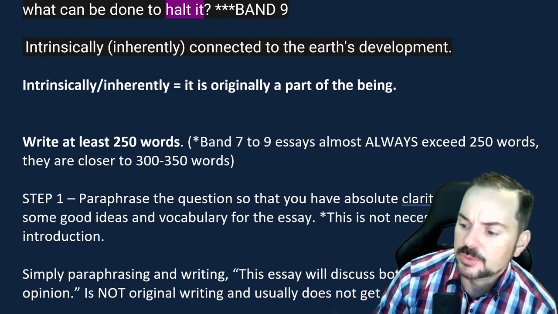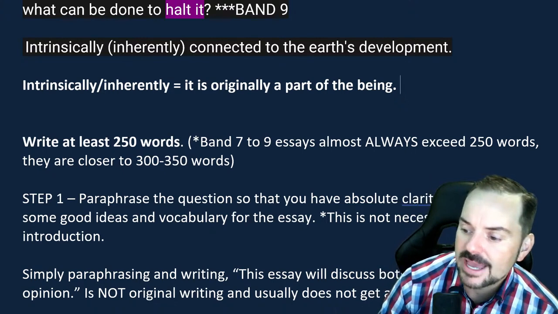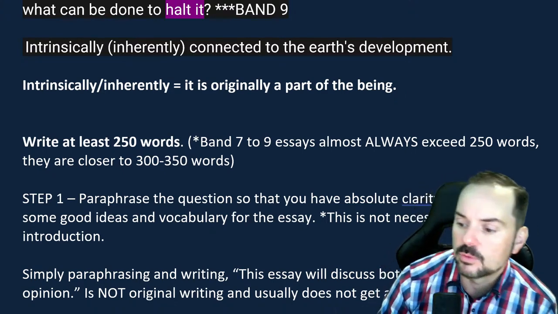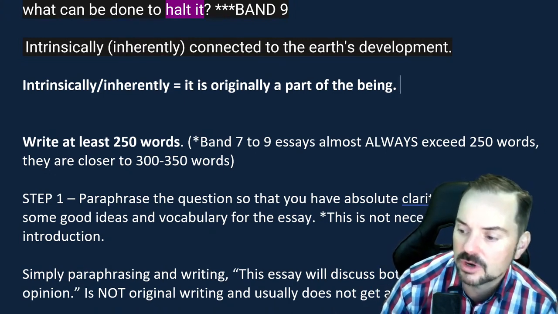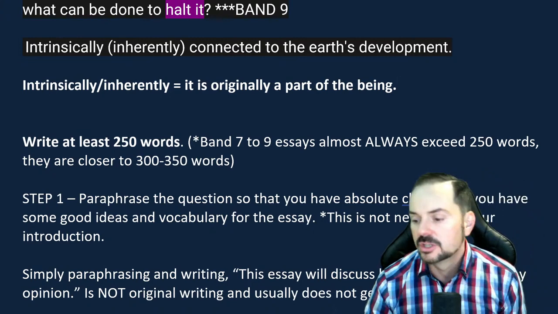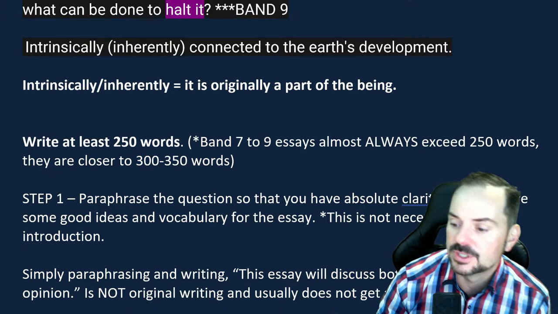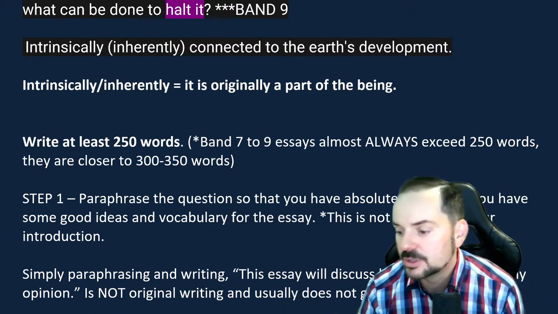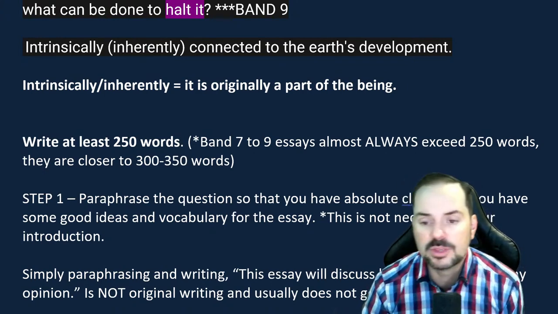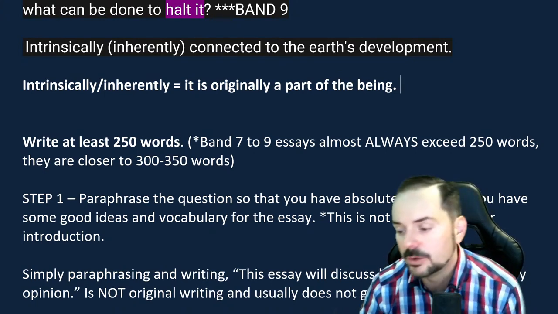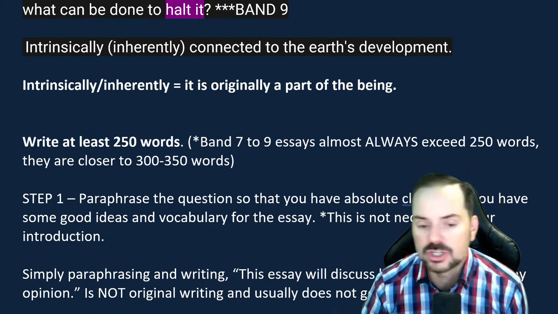All right. Dwi writes, numerous dialogues have escalated about the idea that mankind is the most responsible for change in the weather, while there are lots of opinions on climate shift as a part of Earth's evolution. Dwi, I made a few corrections there. Then this essay will discuss about the topic and present the writer's point of view. Dwi, don't write that. That's not good. It's not a good thesis. That's not original. You want to be original, Dwi. So we are going to write an original, accurate thesis here in just a moment.